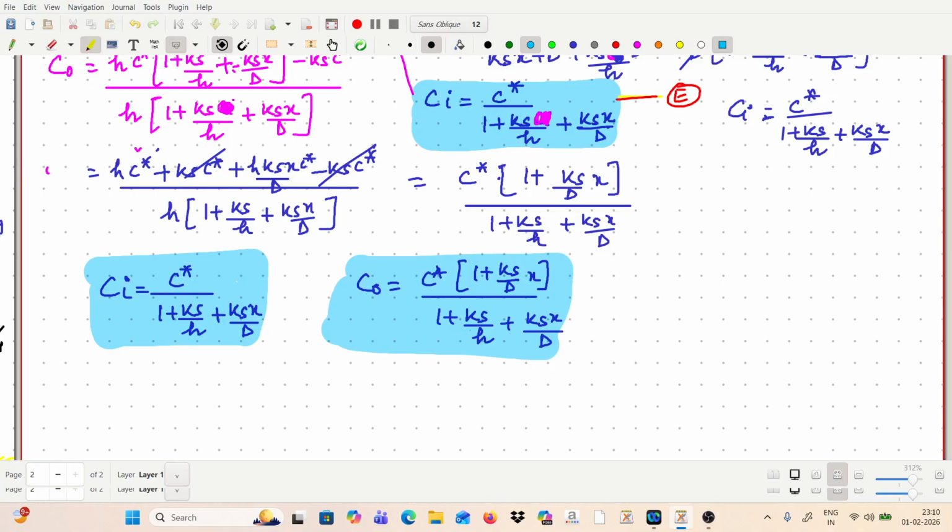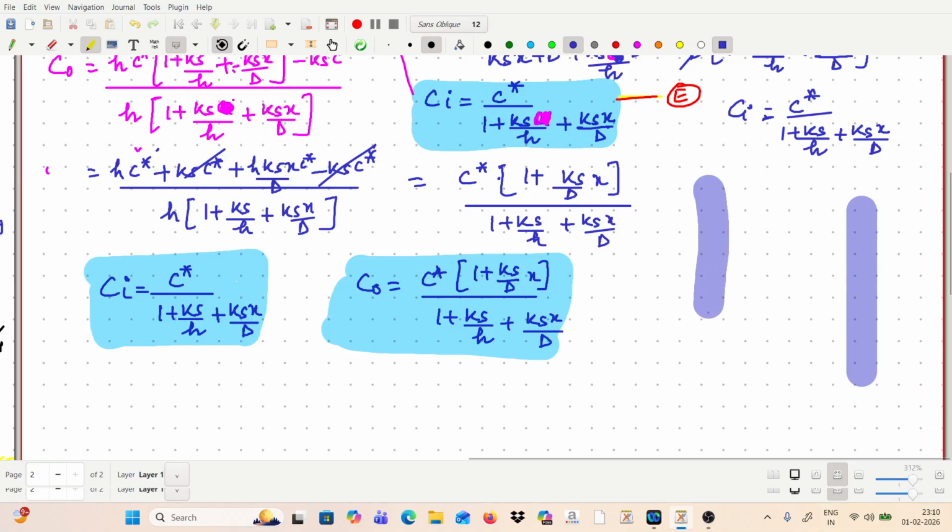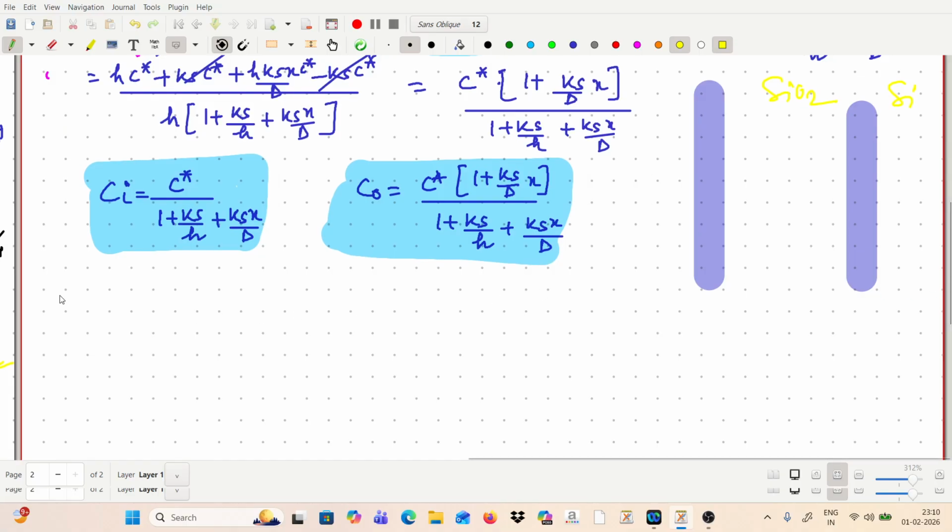Okay, now what we have to do, this we have already found. Now what we can do, again I am just drawing it. Now as we know, this side is our Si or 2. So now when we are talking about the diffusion, we can say